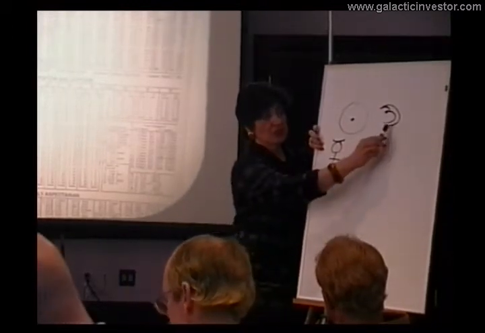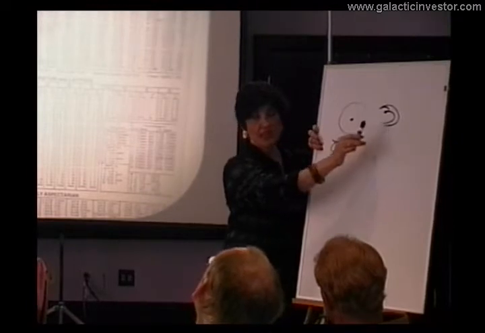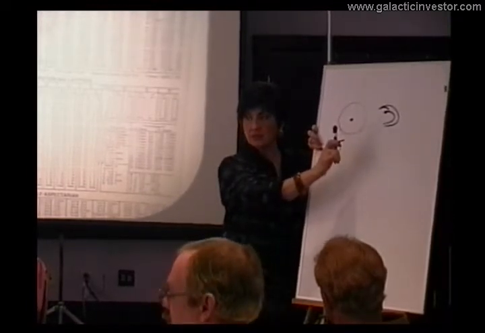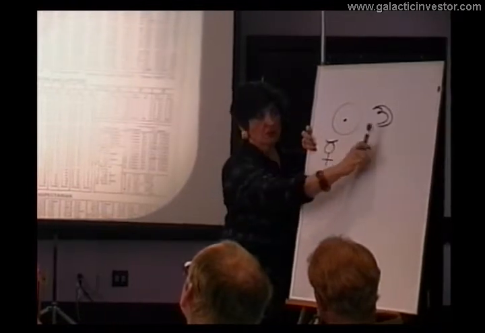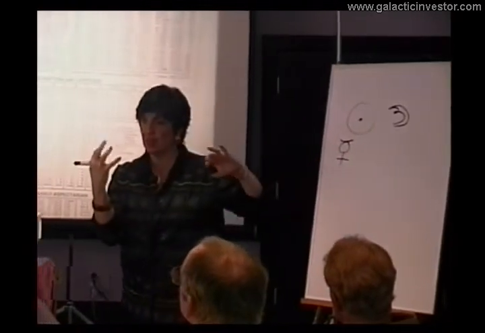The moon is an interesting character because the moon doesn't have a light of its own. The moon reflects the sun's light. So the moon is sort of spongy, so who it hangs around, it feels more like that. If the moon is hanging around what we call malefic energy, which I hate that word,